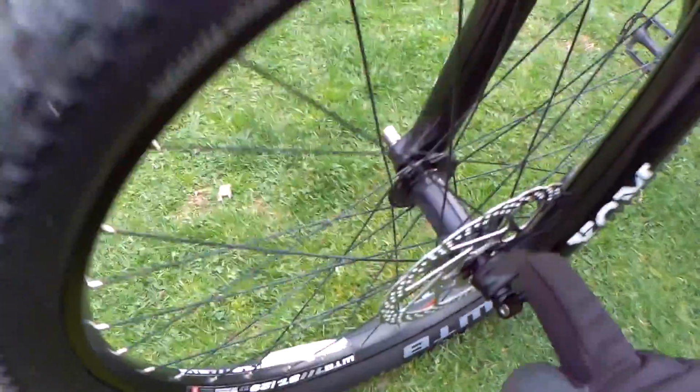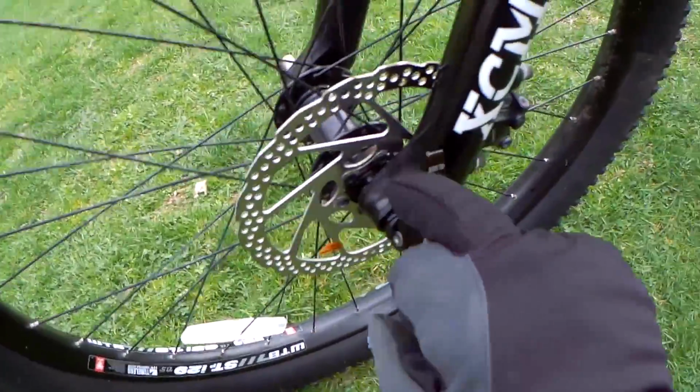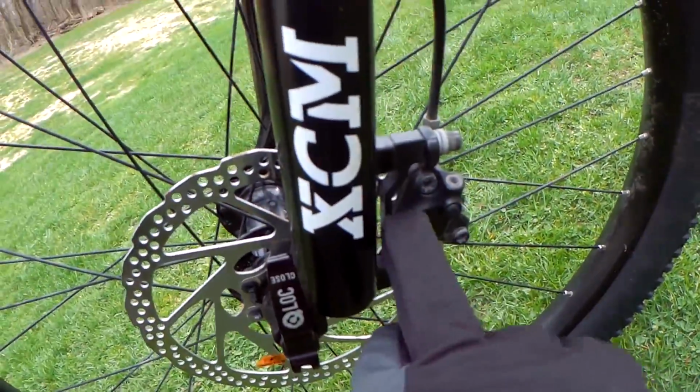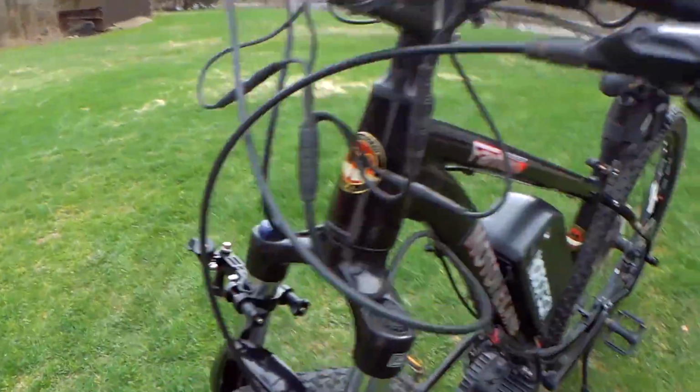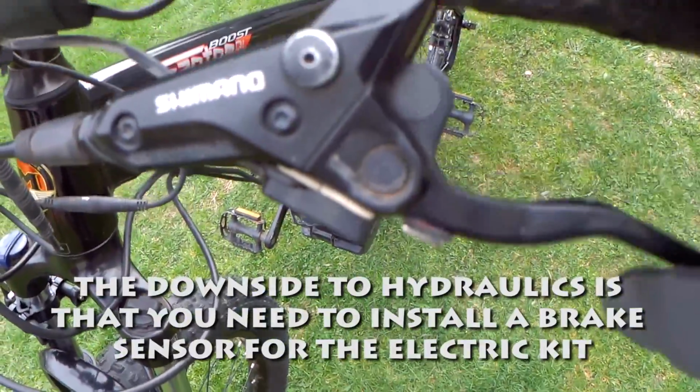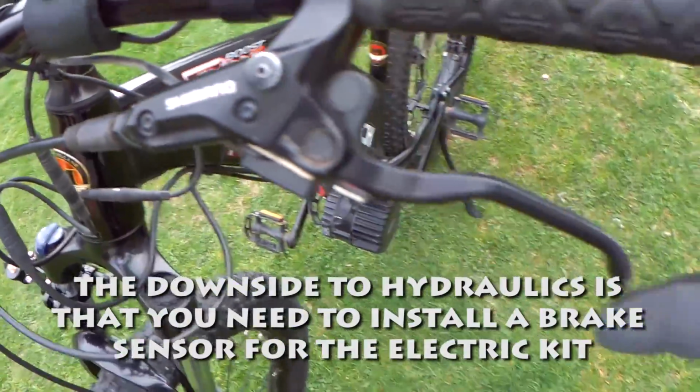One of the reasons why I got this bike in particular is not only does it have these front and rear disc brakes, that these are Shimano hydraulic brakes. Yes, these are hydraulic brakes just like you have on your car. And they're very, very light. Like if you have